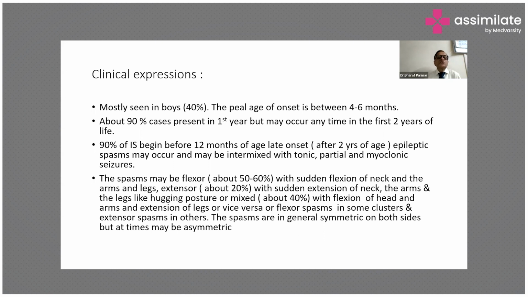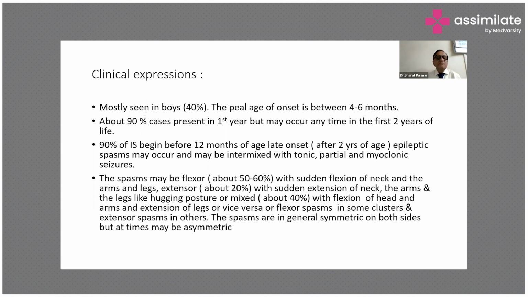What are the clinical expressions of infantile spasm? Mostly seen in boys, 40%, and the peak age of onset is between 4 to 6 months. About 90% of cases present in the first year, but it may occur anytime in the first 2 years of life. 90% of infantile spasms begin before 12 months of age, with late onset after 2 years of age. Epileptic spasm may occur and may be intermixed with tonic, partial, and myoclonic